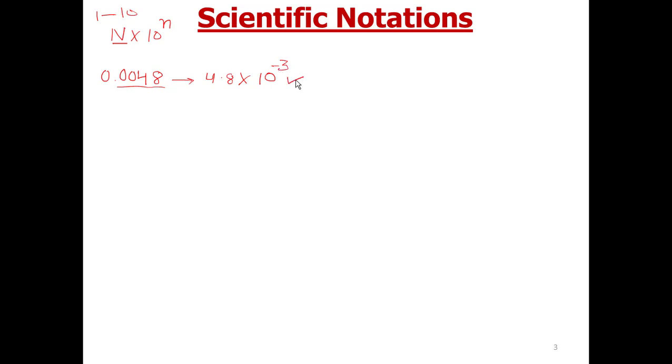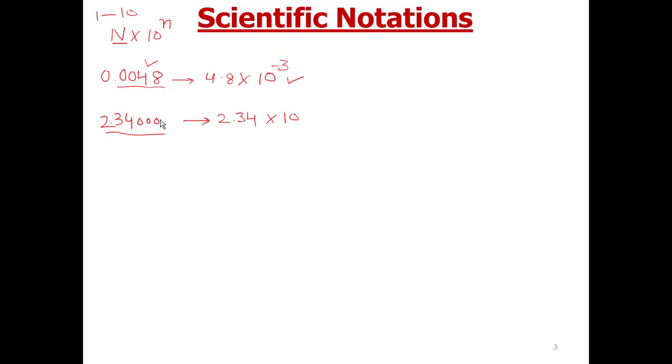So this is the scientific notation for this number. Similarly, let us do it for this number. Suppose we have 234 and we have to give its scientific notation. Now in this number, what we have to do? We have to move the decimal to the left hand side, because we need a decimal here. We need 2.34 into 10 raised to the power.